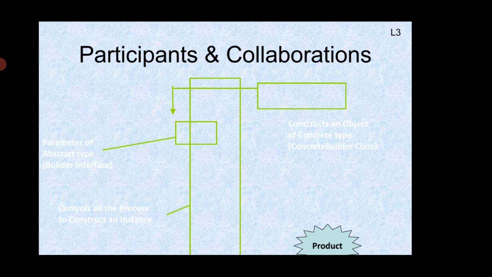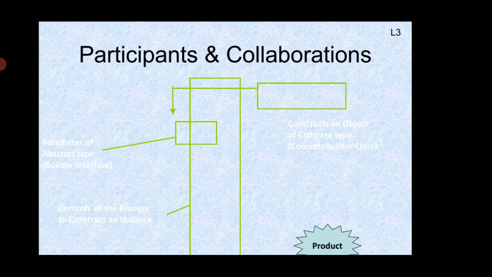The concrete builder must define and keep track of the representation it creates, and provide an interface for retrieving the products, for example get ASCII text, get text, and get text widgets.